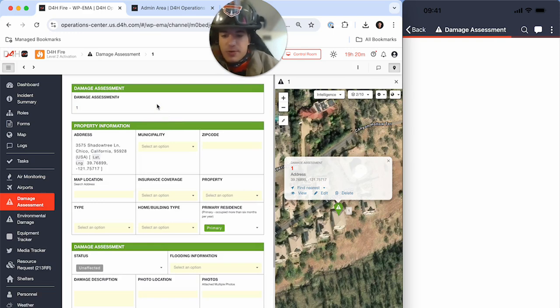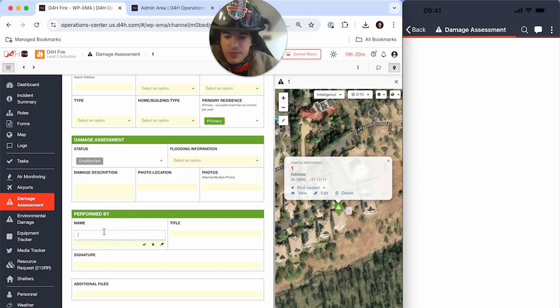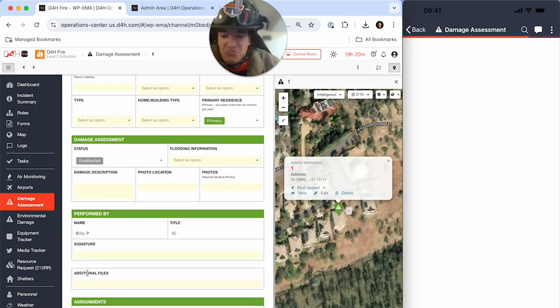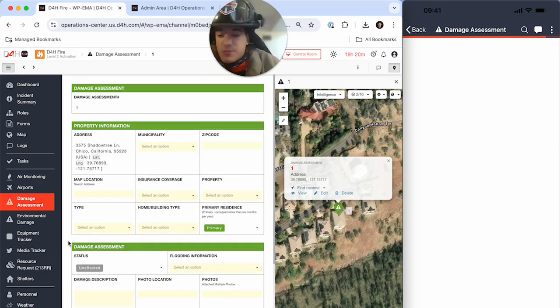And while that is loading, what we can also do is I can just write that right now. I know it's going to be performed by myself. I'm going to say I'm the IC, although maybe the IC wouldn't be doing damage assessments, but that's where we're at here. And you can also assign support if needed. So let's say I wanted the support of my deputy incident commander as well. As we're getting towards that final load there,